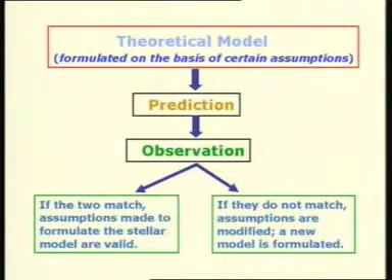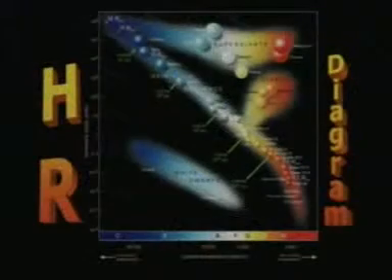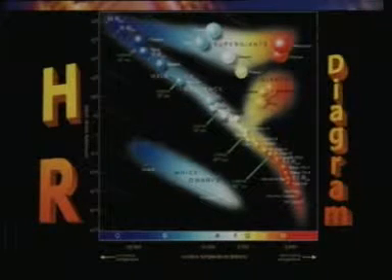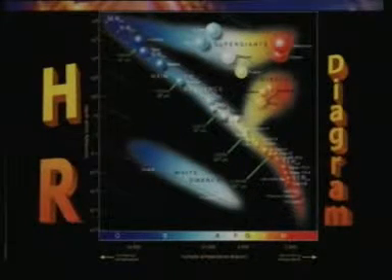So it is this process of continuous changes in modeling and continuous checking with observations that finally gives us a stellar model. And you will be surprised to know that this process is extremely fruitful. We know about stars a great deal. It just is because of this process of modeling.